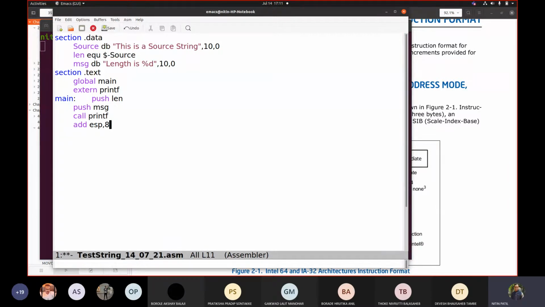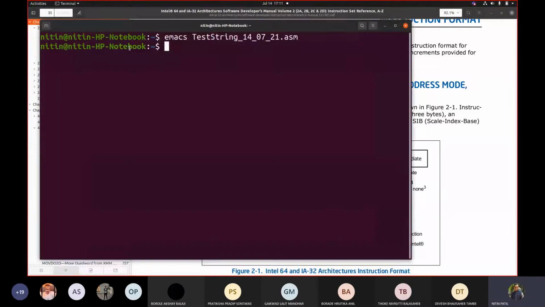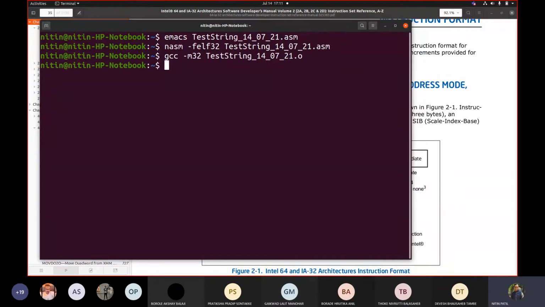We are trying to see whether it is printing that length, whether len contains some value. So we want to see what value it prints. nasm -f elf32 test_string, gcc -m32 test_string.o. Can you see 25?